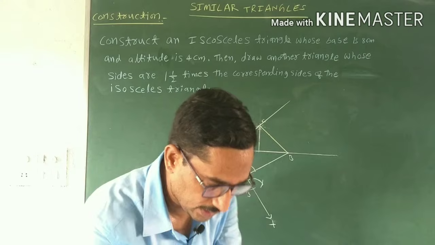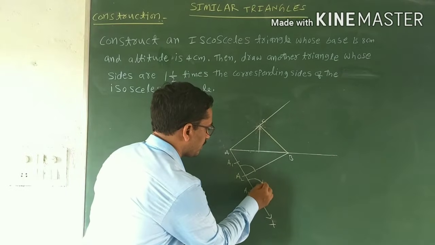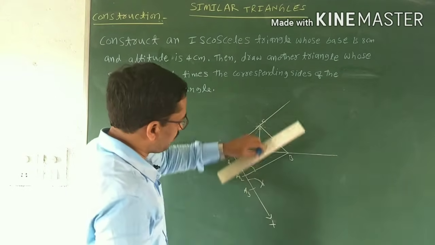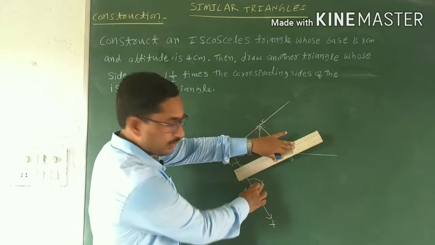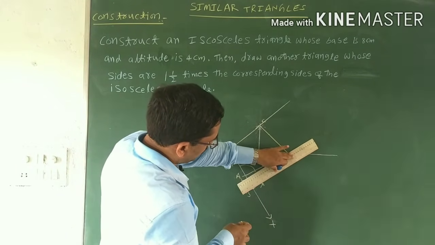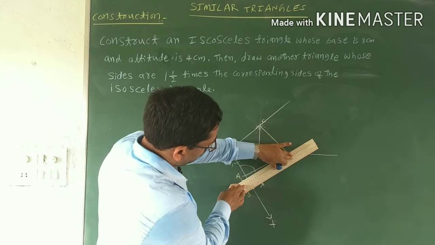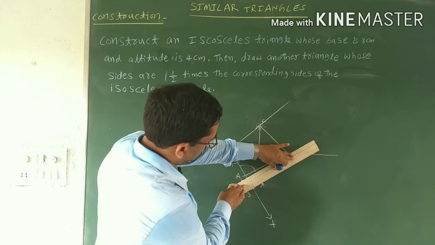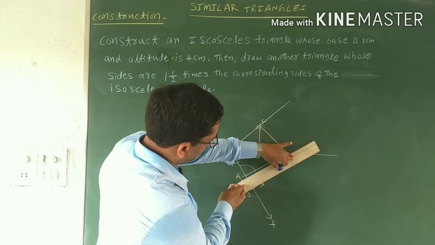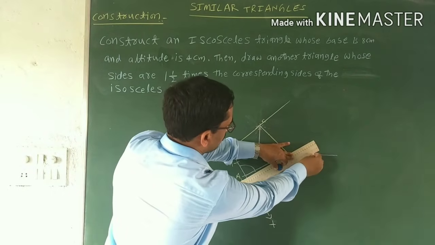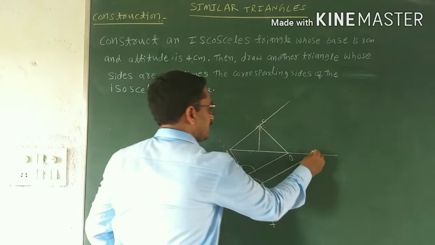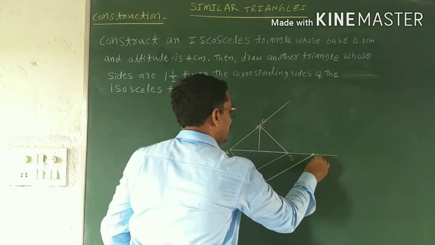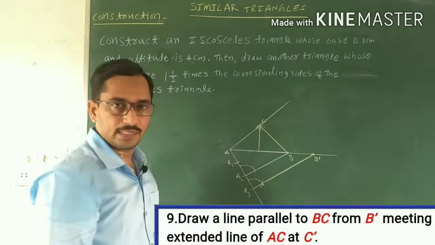So both intersect at a point. Here this is the point. Now from the point A3 and from the point of intersection of the arcs, draw a line which is parallel to A2B. Like this, and it intersects the extended line at B dash. Look at the point B dash.